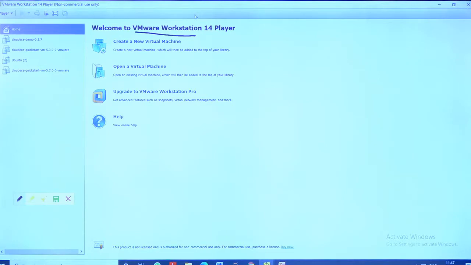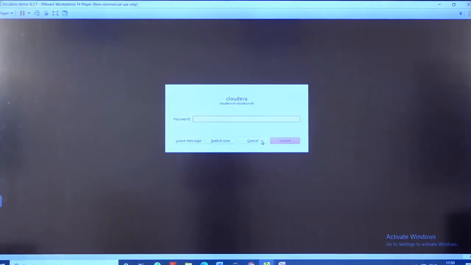As we can see here, we have Cloudera 3.0, which we are going to start. I have already opened it, so you need not start it again.